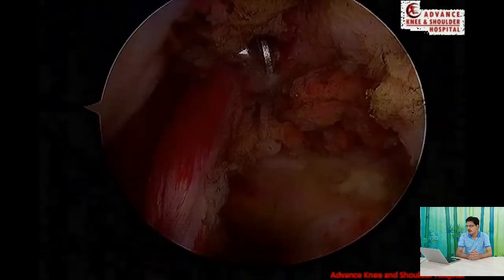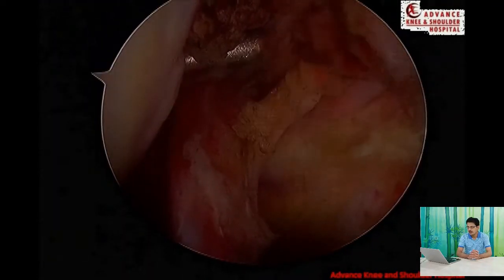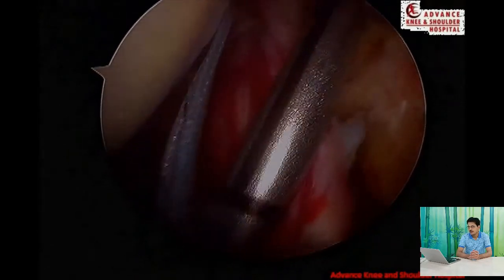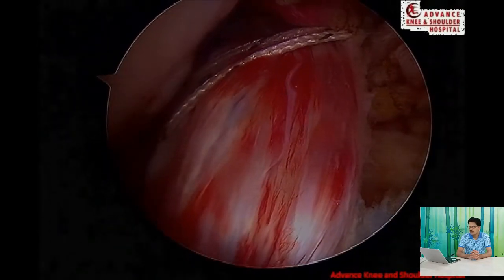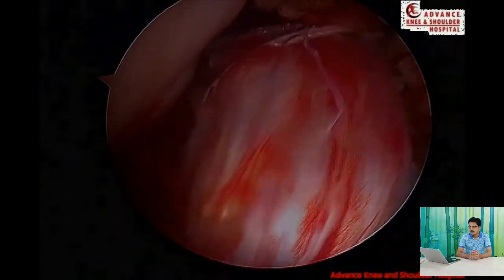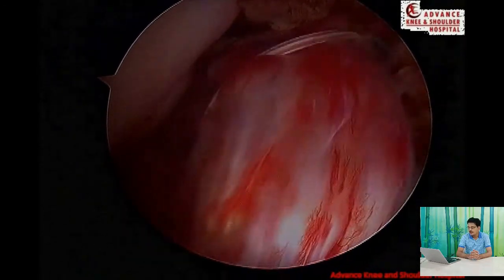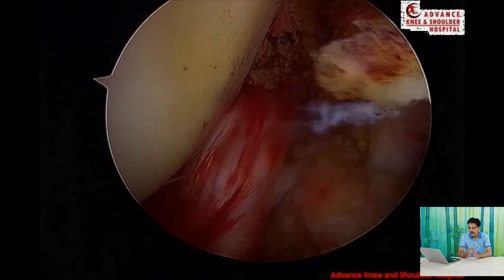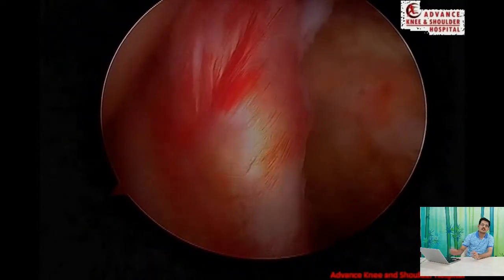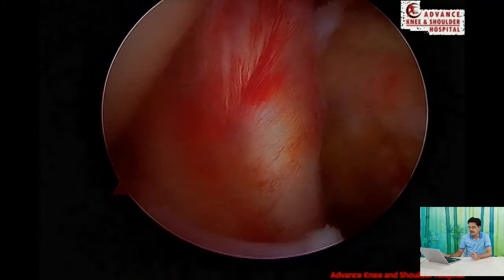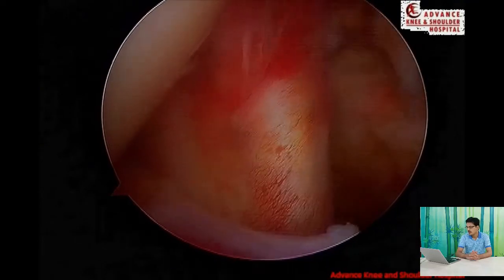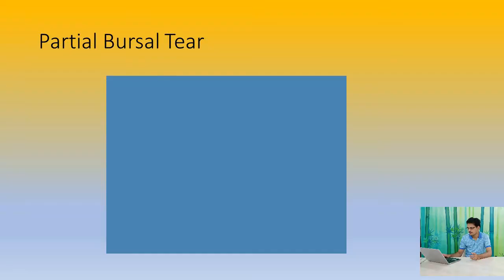subscapularis tendon. Now we insert a tendon here and we repair it through a penetrating suture kind of device, and slowly each one of these is removed. The threads are removed and threads are tied in an extra-articular fashion, leading to a good repair of the partial thickness subscapularis tendon. And here we see that this is the part of the tendon which is normal in this zone.